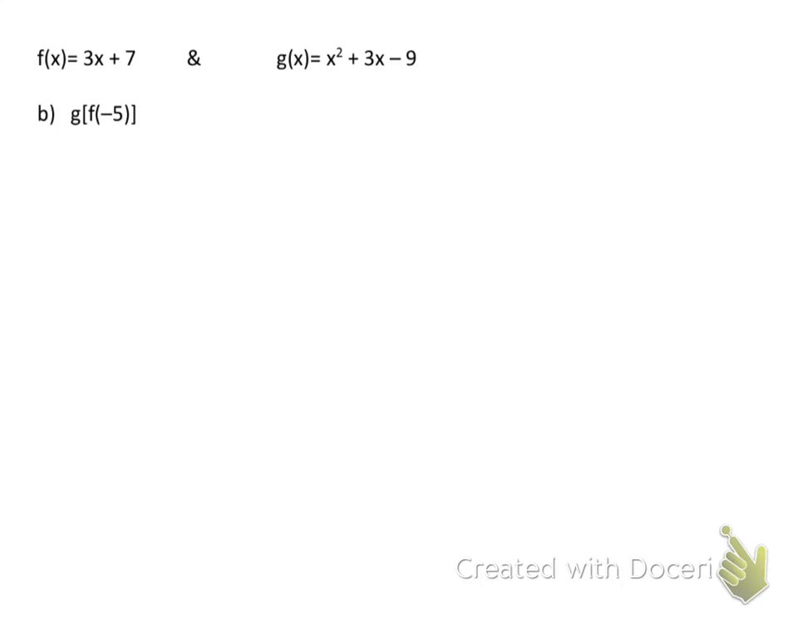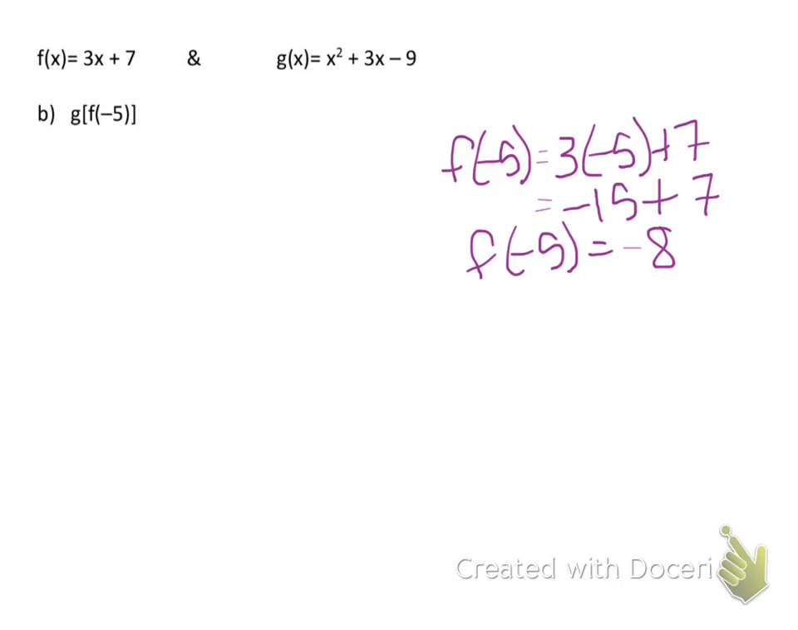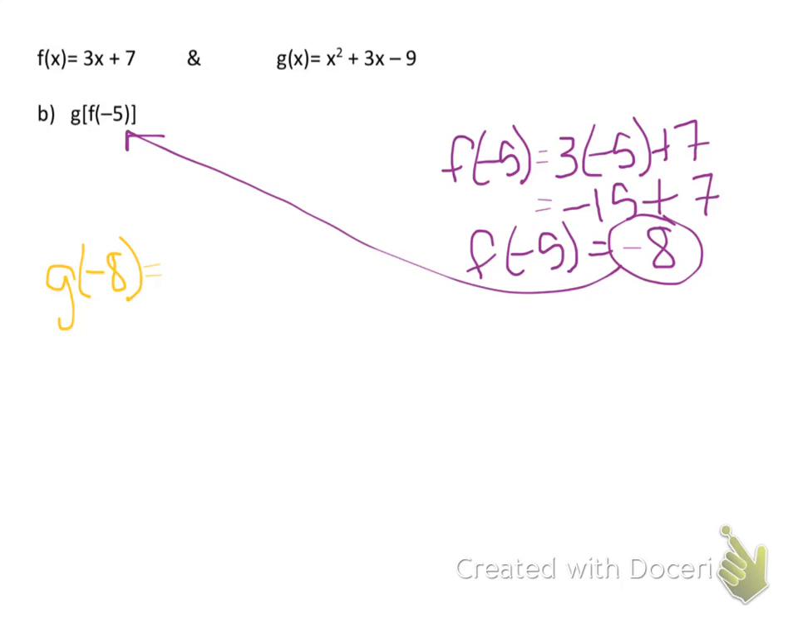In this example, g of f of negative 5, again, we want just f of negative 5, so let's go ahead and do a sidebar and find that first. f of negative 5, plugging negative 5 in for the x, and simplifying, we get f of negative 5 is negative 8. So in place of the negative 5, we're going to plug that into the g function. So g of negative 8